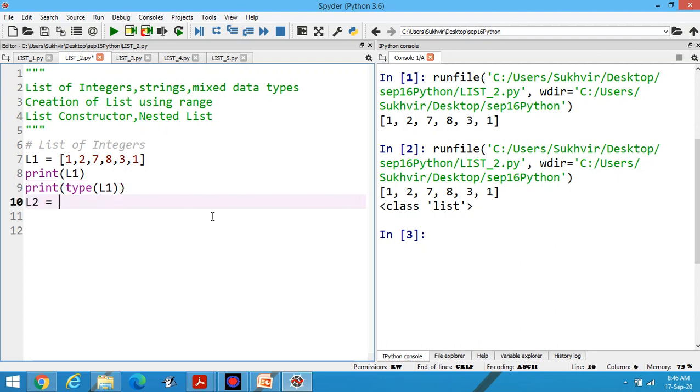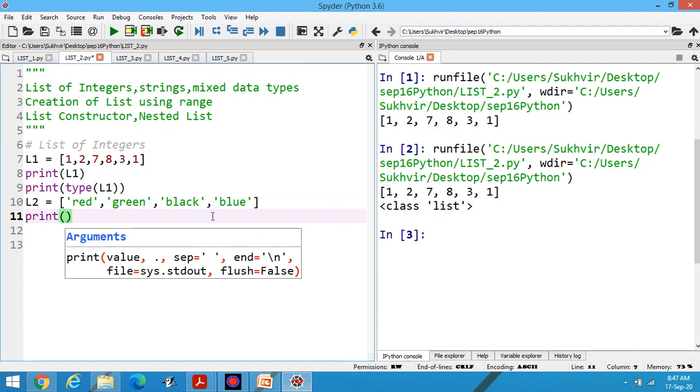What about list of strings? Suppose I am writing red, green, black, blue, like this. These are the string elements.